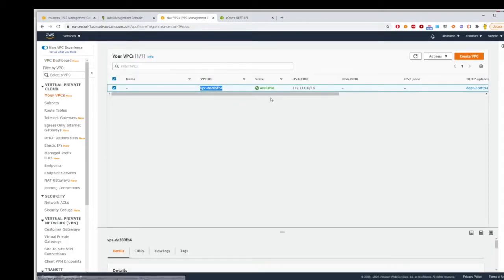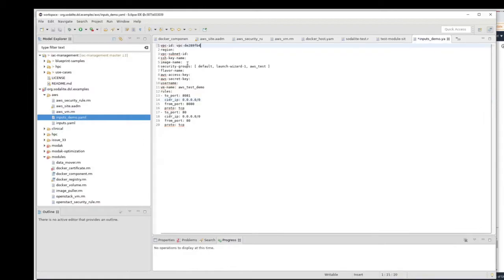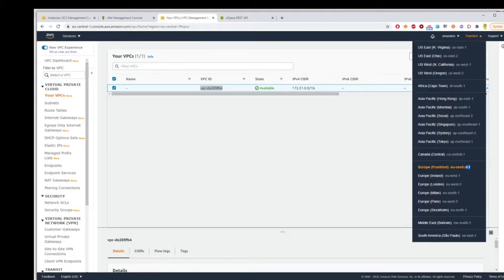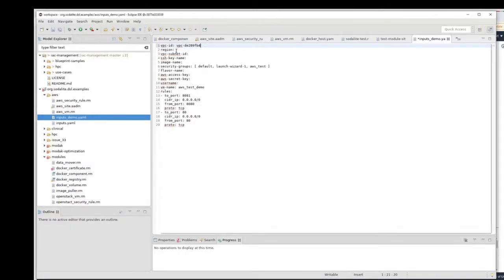First we copy the ID of the virtual private cloud and the region. This is the region this virtual machine would belong to.